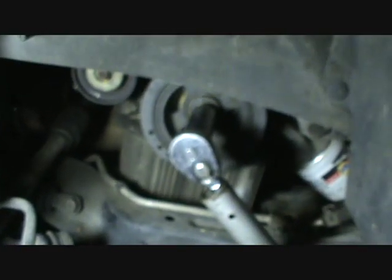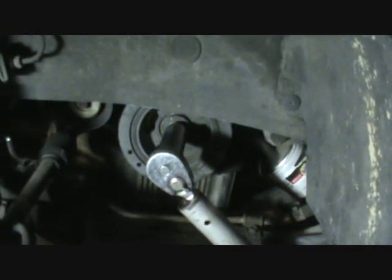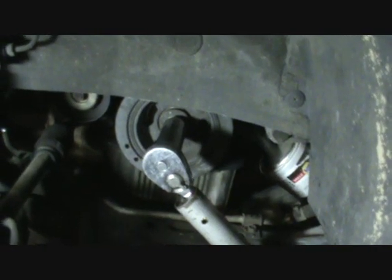And anyway, the next thing you'll need to do is deal with this air conditioning belt. And the way you do that, let me get my light here, is you go under here, and once you get under here, I have it off already. I'm sorry that I had to kind of jump in the middle of this because of me erasing my video, but when you're looking at this, there's a cover here, there's a shield that's held on in this area with two 10mm bolts. You just remove those two bolts and pull the shield down and keep it wherever you're keeping the rest of your parts and stuff. And this lets you get access to,